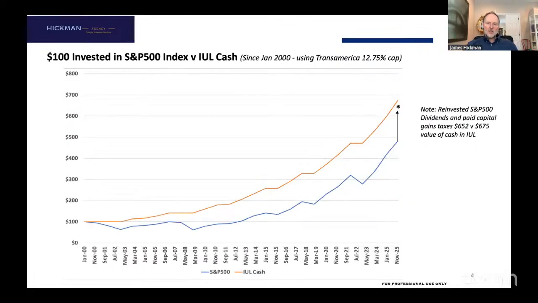Now, the cash in the IUL isn't expected to beat the stock market. It's not. Okay. The stock market's going to get 100% of the upside and 100% of the downside. And long term, I should do very well on that. That's why we put our retirement money in the stock market when we're young. But what I do expect from the cash in my IUL is very competitive performance with a lot less risk.